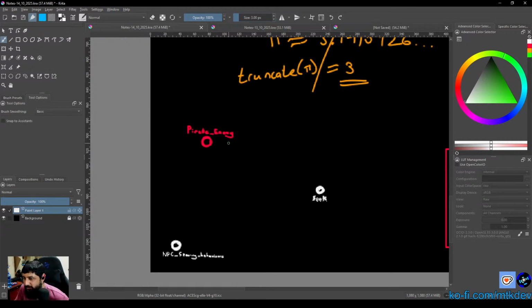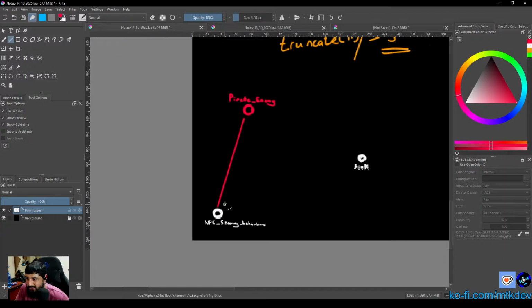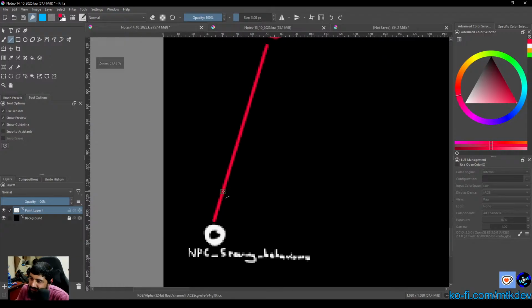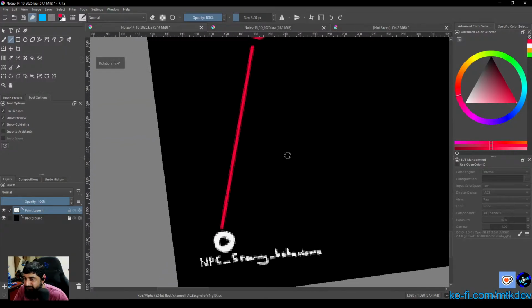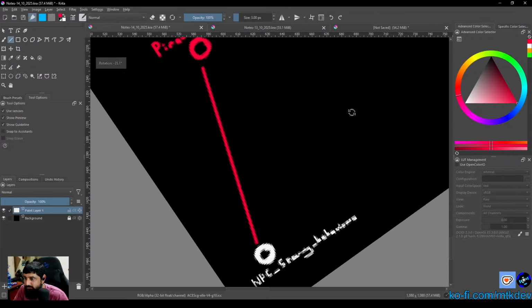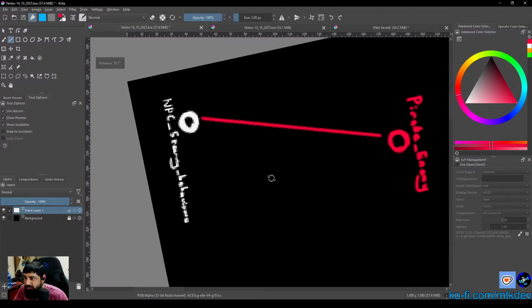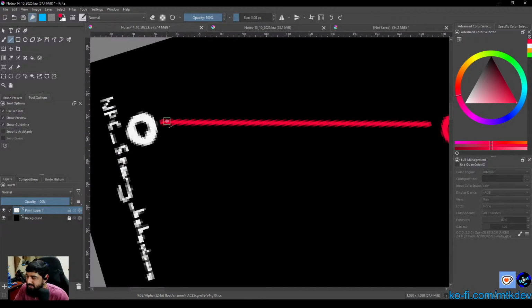Okay, so now the pirate enemy has this thing, and this thing should run on its own. So on ready, we want to call this thing to start. And we send a signal across like so, telling this guy begin, right? So if I turn the canvas like this, we basically just want to say